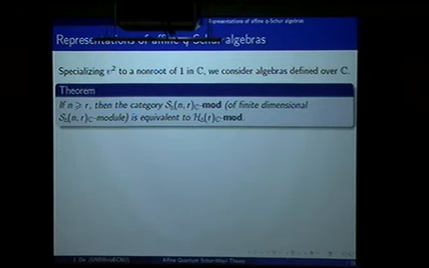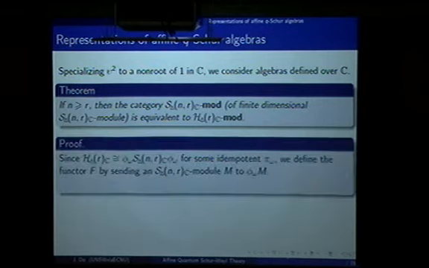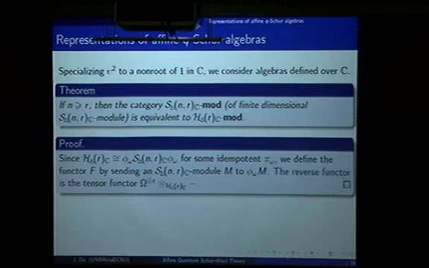So every talk should have a proof. So I have a proof here, very easy. Because n is greater than or equal to r, this algebra is a centralizer subalgebra, like eAe, right? For some idempotent. Oh no, this is phi. I missed the H. This is phi H. Then we define the functor F, sending an affine Schur-Weyl algebra module M to phi omega M. So that's a natural functor. Then you define the inverse functor. The reverse functor is the tensor product. Then you check it gives the